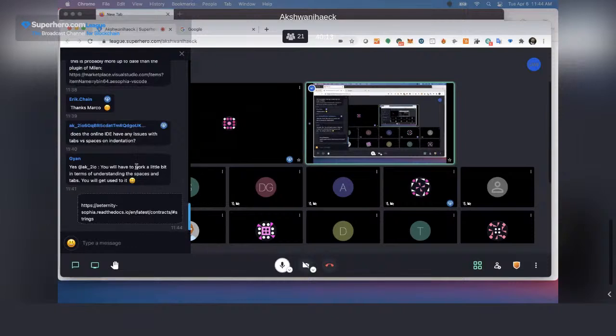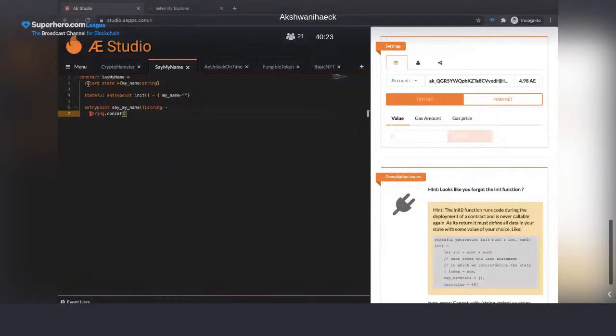Yes, we have. That's right, Jan. You need to work with the indentation. It's 2 spaces. If you can see, every time I go to the next line, 2 spaces, and everything after those 2 spaces is part of the block. That's the way you have to tell the compiler that this line is going to be part of this block here. Otherwise, it's going to be outside. And if it is outside, it's going to tell you that it finds something that is not called entry point. And well, that's going to be a problem.